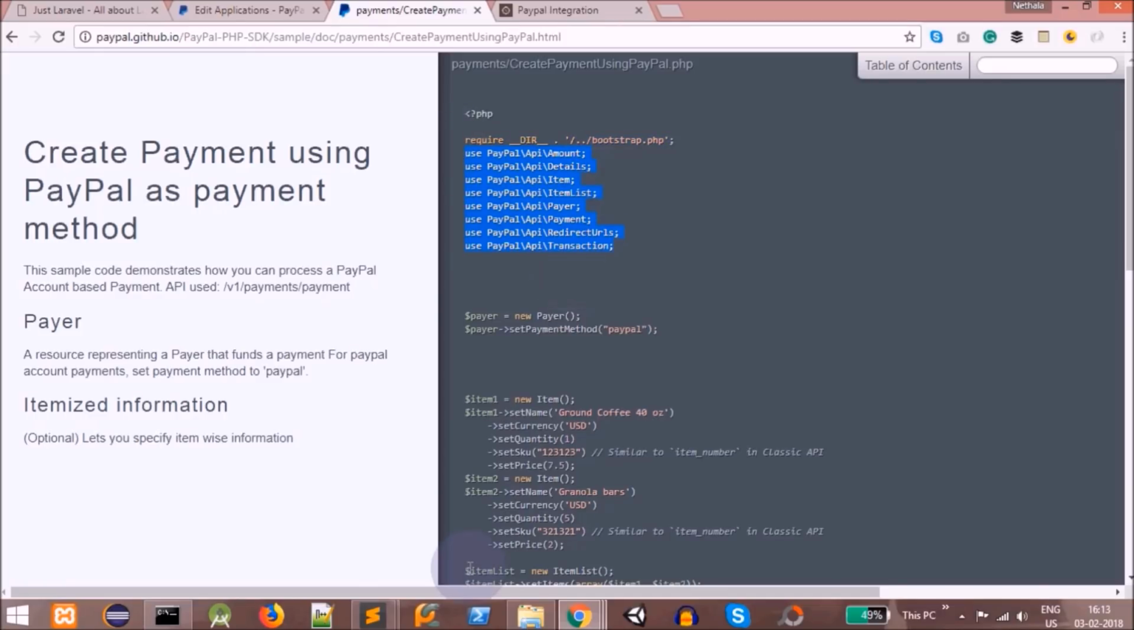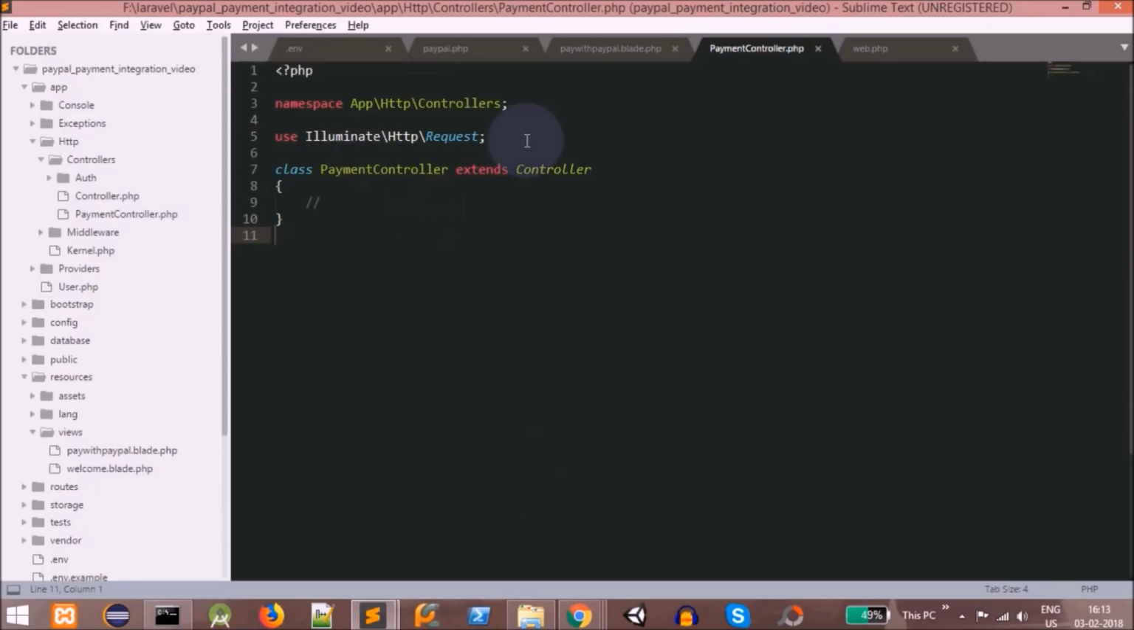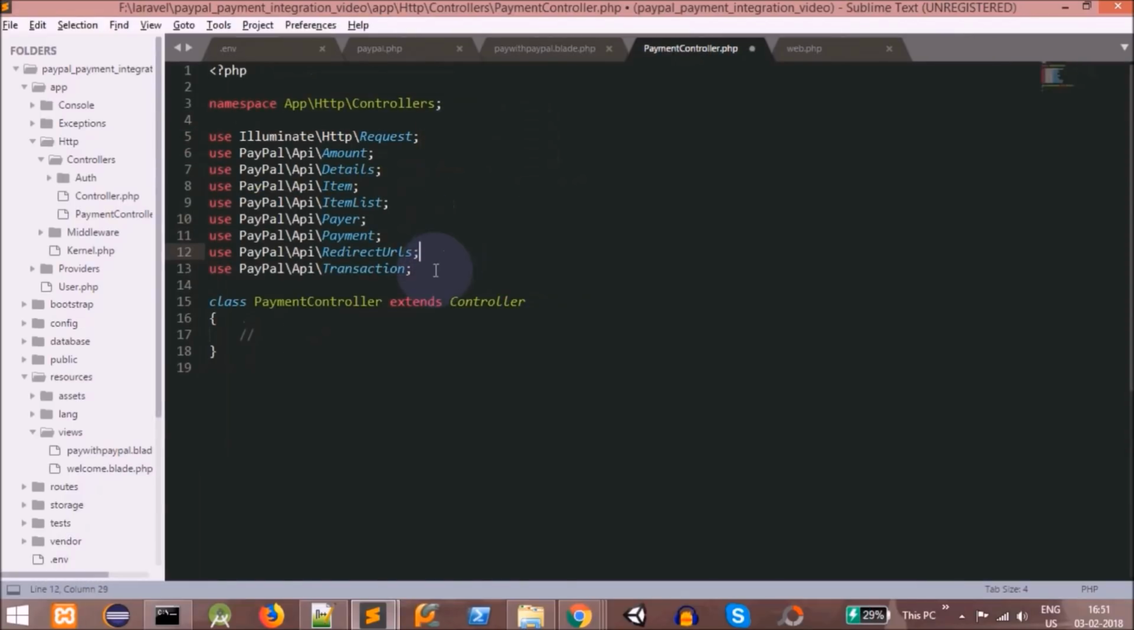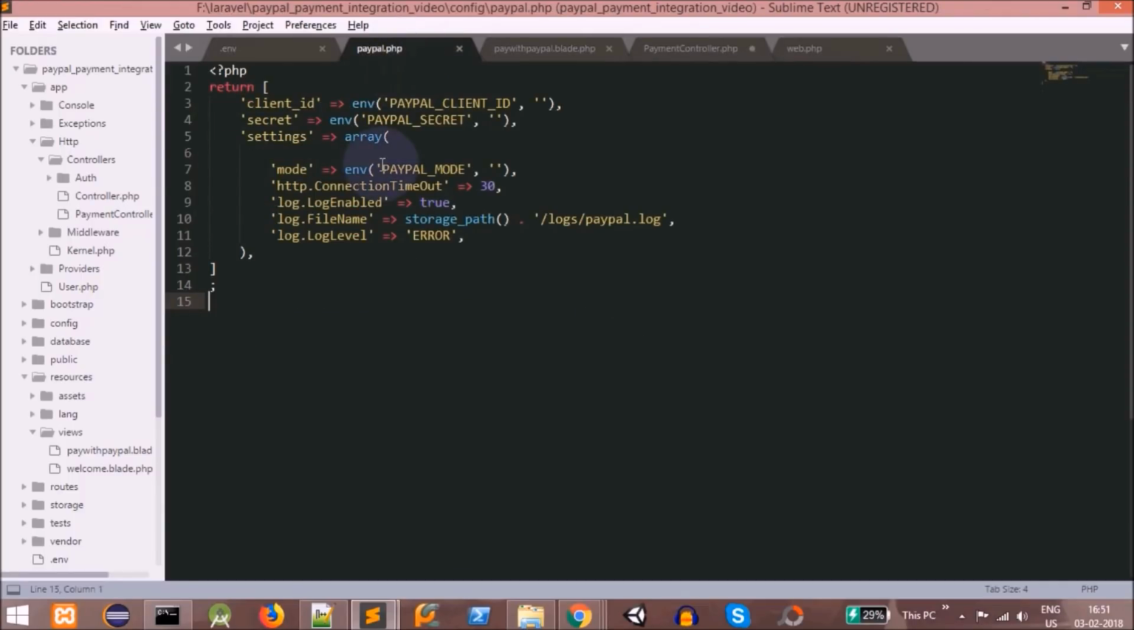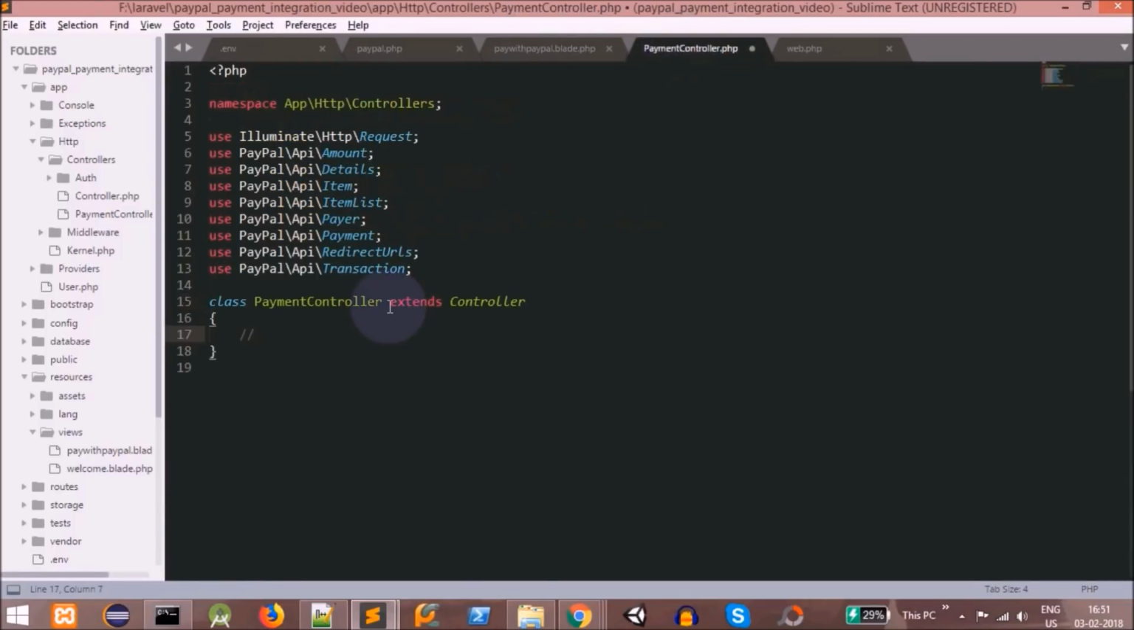First we need to use all of these imports, so we'll just paste them here. These are all the imports which we get from the PayPal API. We need to use them. First we'll need to create a construct function where we reference the PayPal settings, the client ID and client secret. We can initialize those in this construct function. So first create a construct function here,